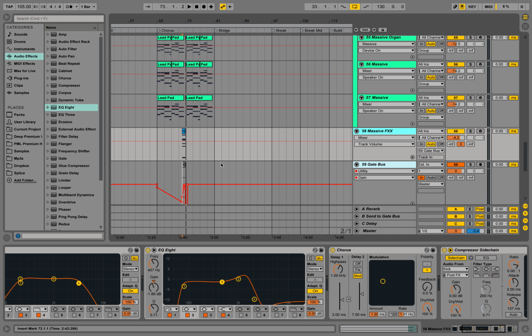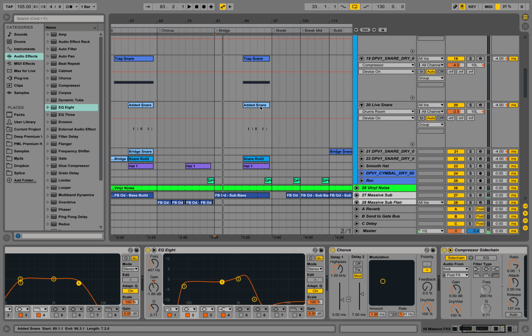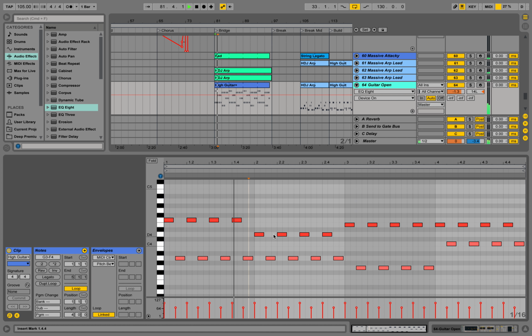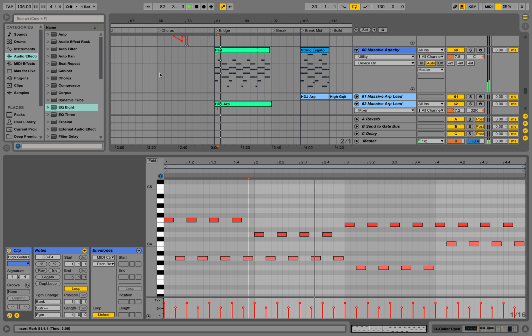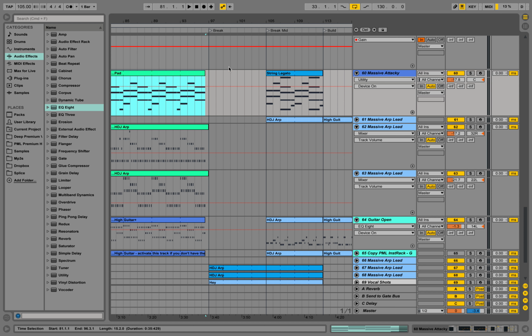Okay, so now we are falling into our bridge. This is just a couple of plugs playing, or well, they're called ARPs over here, but we can name them plugs, and a guitar. And we are doing this on the left and on the right of our panorama. And we are combining it with a pad sound. That one over here. Not going too much into detail here because I want to talk about one more thing,